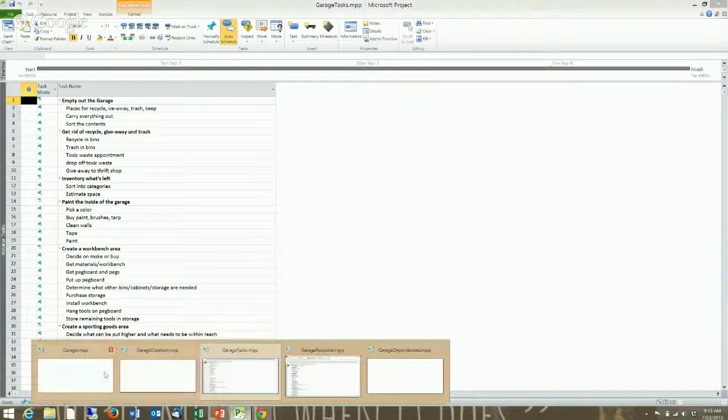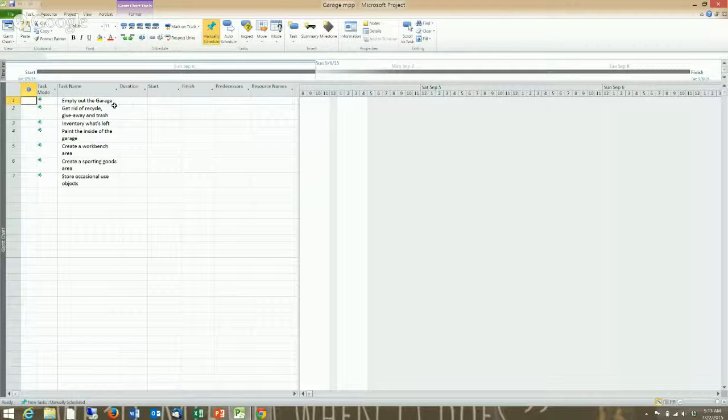Let's do this. There are our major tasks. We're emptying out the garage, getting rid of the recycle, giveaway, and trash. I'm sorry, this may be a little difficult to see. It depends on what your resolution is. So I'm going to walk through these just so you can see. This says inventory what's left. This says paint the inside of the garage, create a workbench area, create a sporting goods area, and store occasional